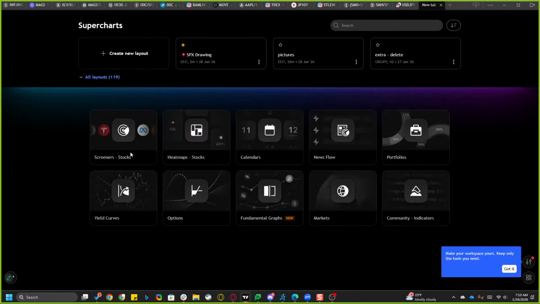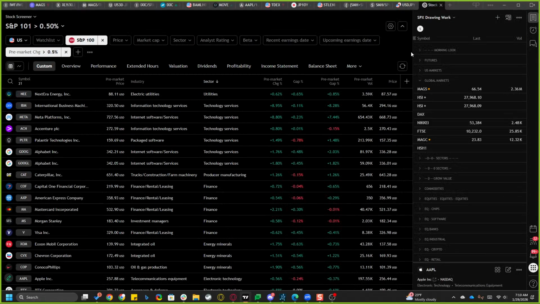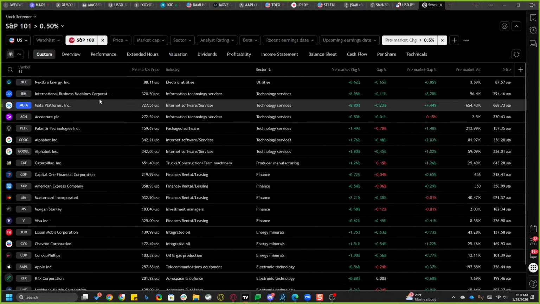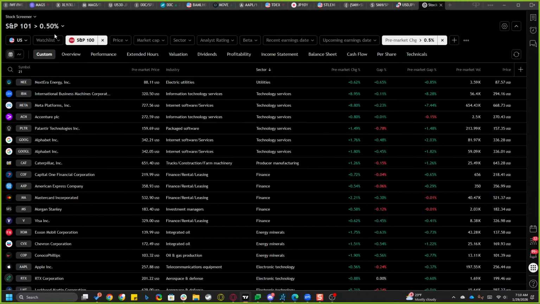There's a way I like to gauge things in the pre-market, usually when we're bullish enough or bearish enough that we want to be able to put a number on it. So this screener is the S&P 100. I use the 100 because then we can use percentages in our answer. How much of the S&P 100 is up at least 0.5% this morning? 21. So 21% of the S&P is up 0.5%. That's not bad, but that's not overly bullish yet, right?